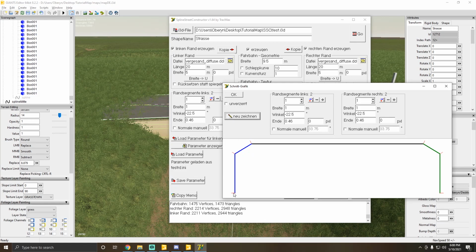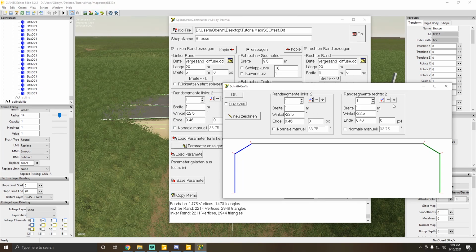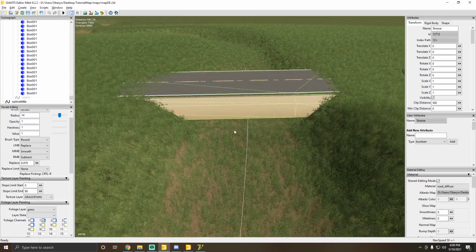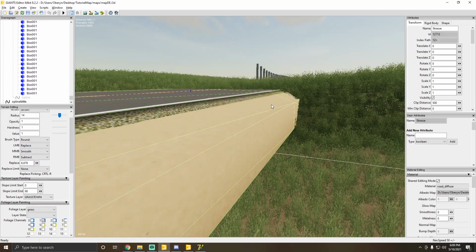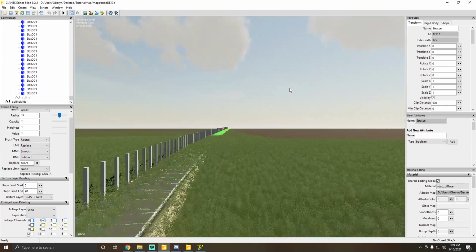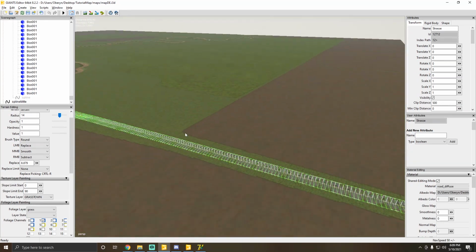I don't know if I can. Oh, hey, that kind of works. I'm not sure how I can, no, stop freaking out. It's fine. So I will need to go back and adjust the parameter to bring this side up more, because I definitely don't need it dipping into the ground that much. But that's okay. So what we're going to do now